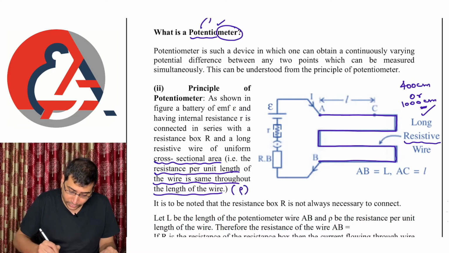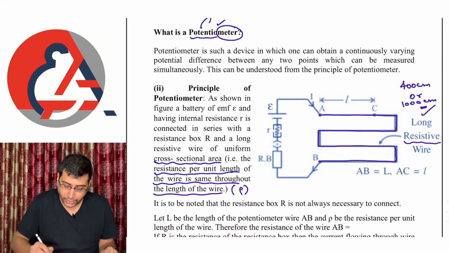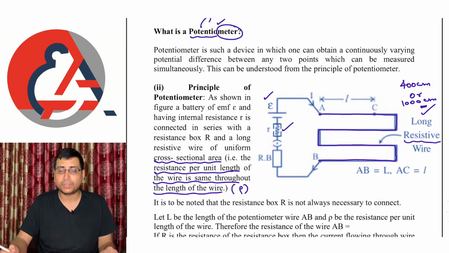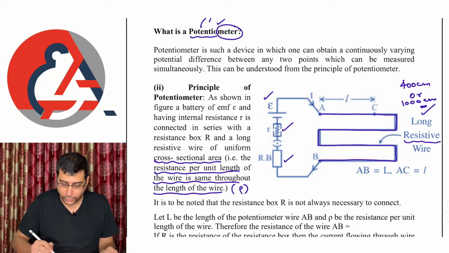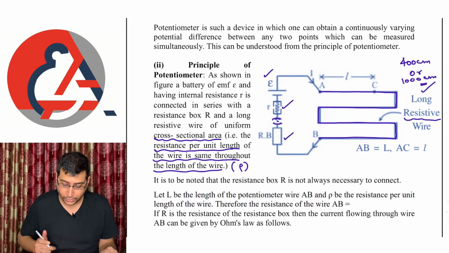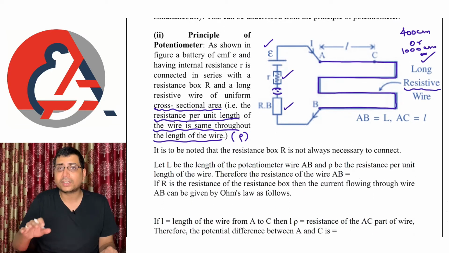If you take the resistance per unit length as rho, what we have done is we have taken this wire and connected it across a battery of EMF E and internal resistance r. Along with it, in series we would have used a resistance box which is optional. Then we are going to use a key to control the on and off conditions. Now we are going to find the current that is flowing through the circuit. Before that, let's write down all the parameters.